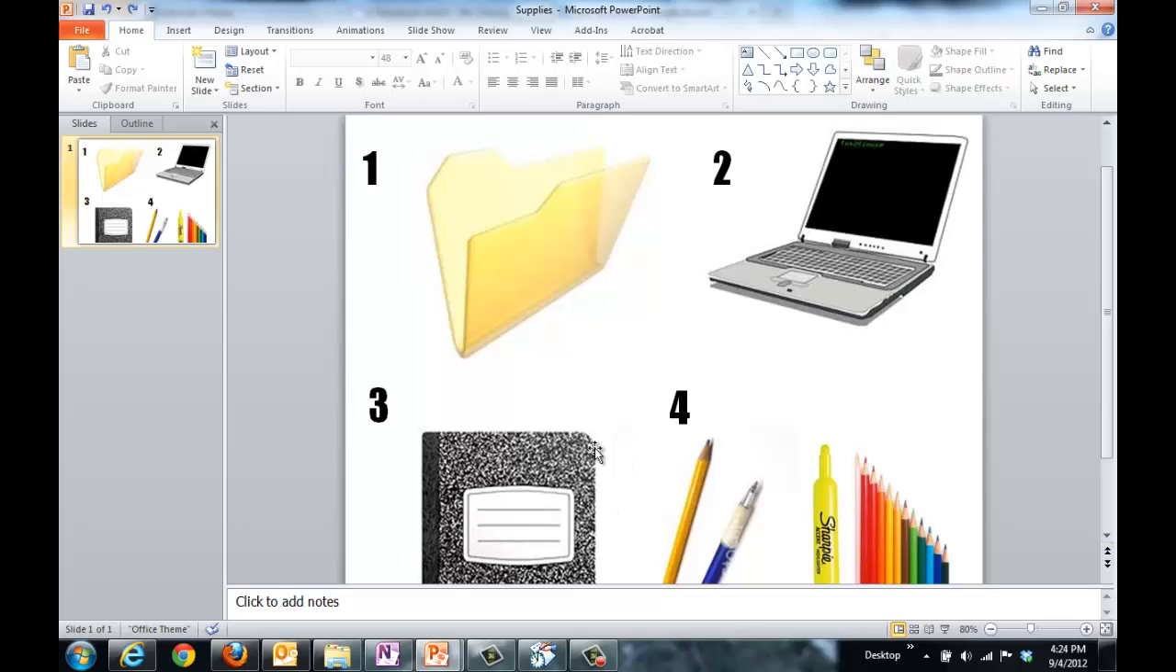You'll also be taking home your composition notebook, so every day take home your laptop and take home your composition notebook. And then remember, you need to have your pens and pencils and highlighters, so make sure you bring that with you to class. So you have your materials, and then once your computer turns on, you're going to go